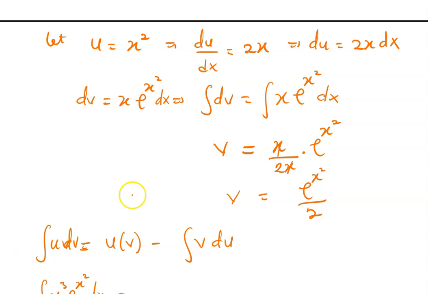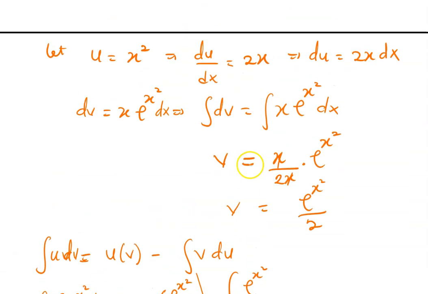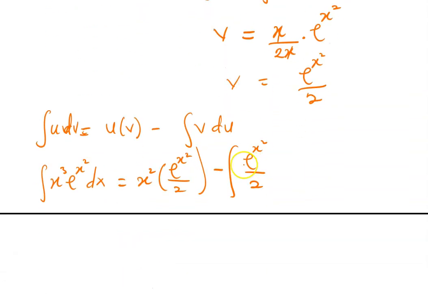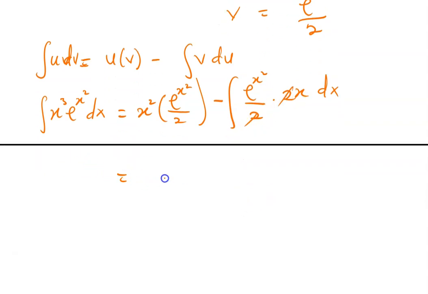Then what is u? u is giving us x squared. We are going to get x squared here. Then what is v? v is giving us e^(x squared) all divided by 2. Minus, what about v? That is integration of e^(x squared) all divided by 2. And the du was giving us 2x dx. So multiply by 2x dx. So the 2 cancels the 2. Are you okay? So once we're able to do that, we can say that x squared e^(x squared) all divided by